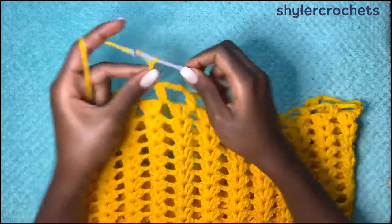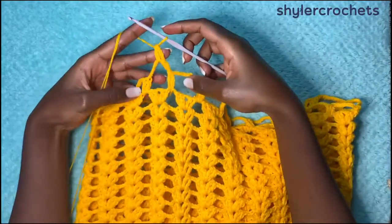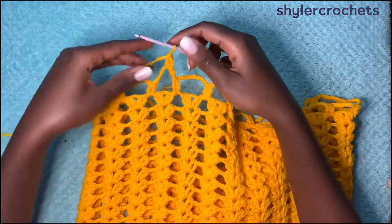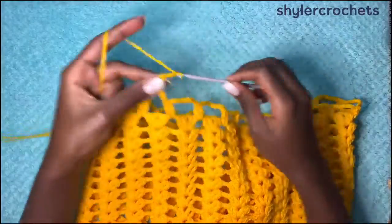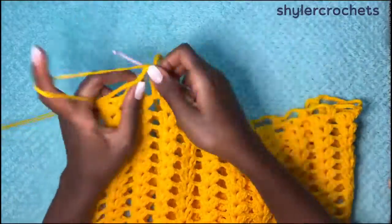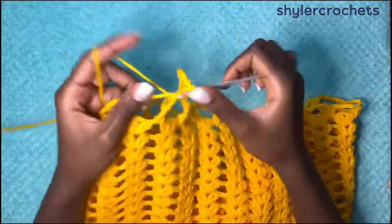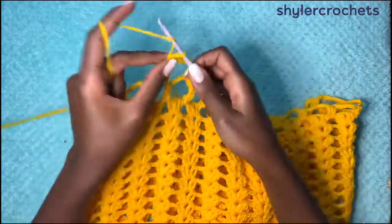Then chain up 3 and then double crochet again in that very space, because the chain 3 counts as a double crochet. Then we're going to do the same exact thing, chain 9 and double crochet twice in the chain 9 space. We're not double crocheting in any stitch, we're going into the spaces. So chain 9,